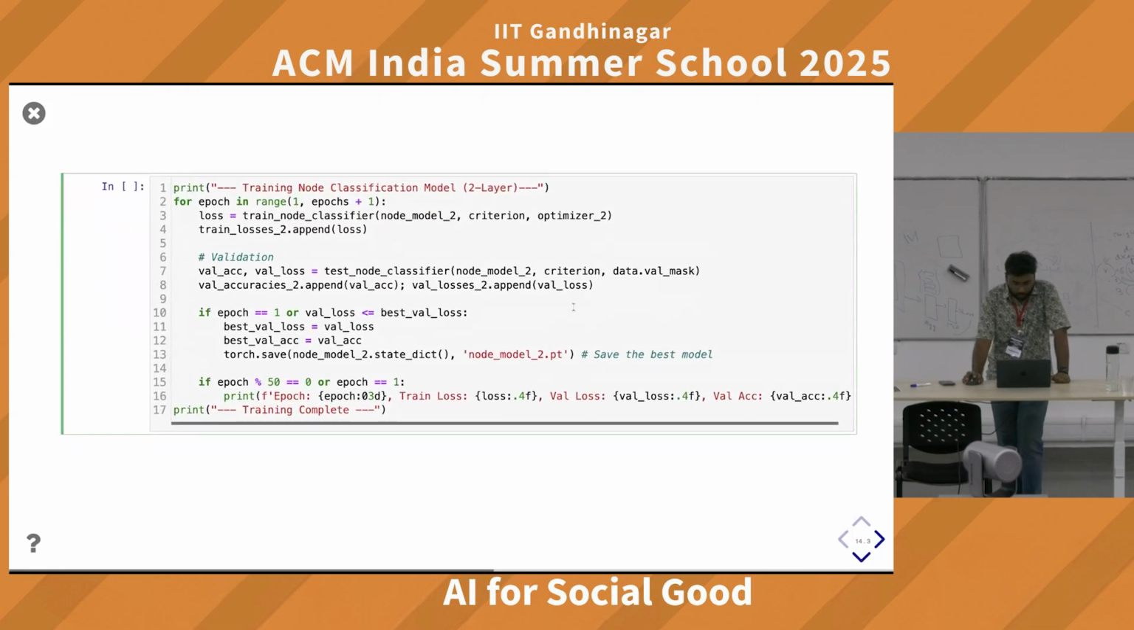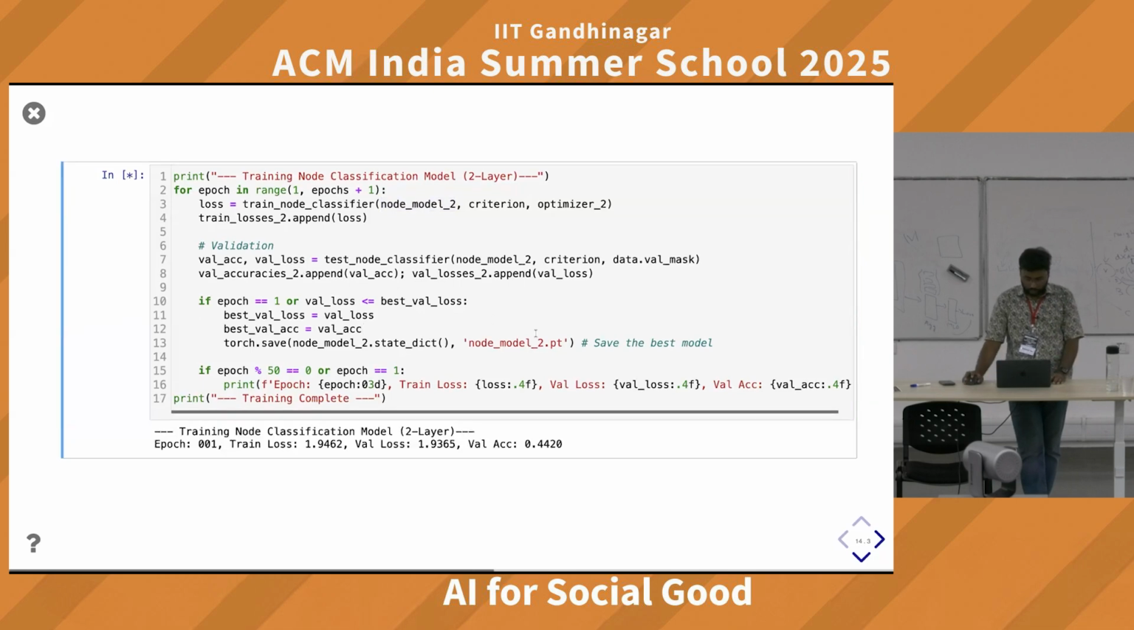Okay. Now in this loop you train. Just a standard ML training protocol. Just call the train function where you send the model, criterion, and the optimizer. It trains, returns the loss, validation same, etc. So if you run this,